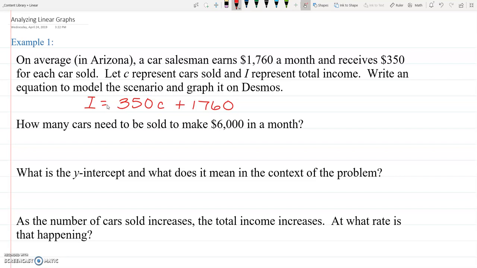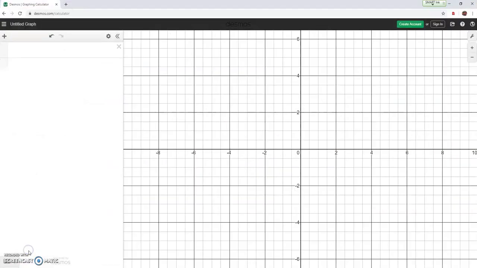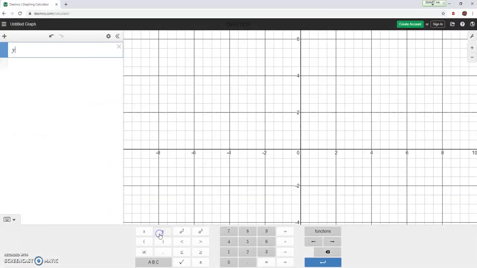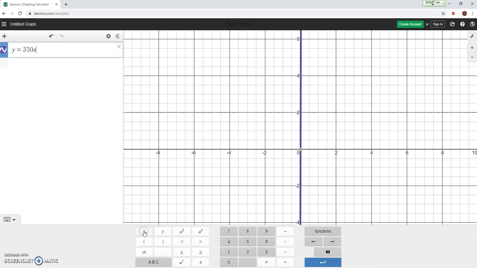All right, and it wants me to graph it on Desmos, so let's do that. All right, so I've got y equals 350x. I switched my I to y. I switched my c to x, and then I've got the plus 1760. Okay, right now it looks like it's just a vertical line, but that's because my slope is really, really steep. So if I change the settings on here,